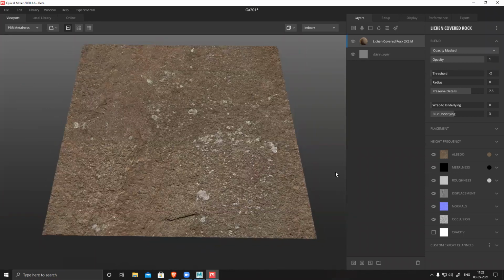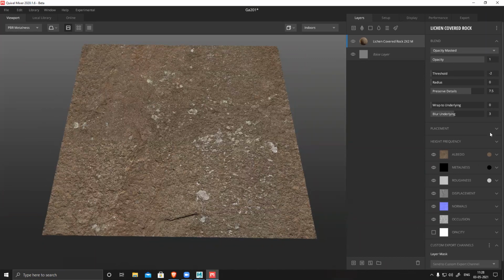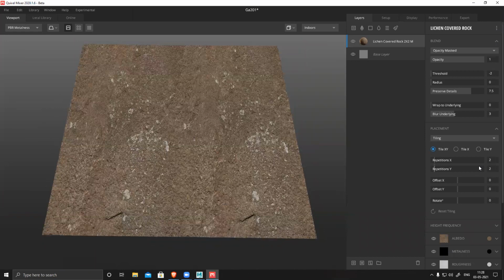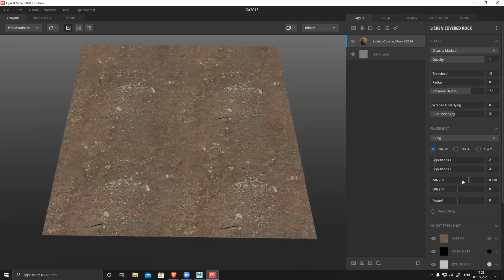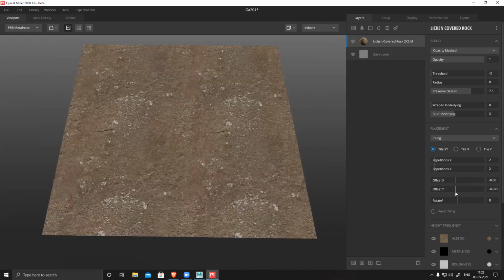That's what I'm planning. And there are a couple of other things here. You can see if I want, I can change the placement. I can increase or decrease the tile, like 2 by 2. I can increase the tiling. I can offset it, and you can see if I offset, it always tiles in all directions, always. So it becomes very easy to control. It's always a tileable texture.